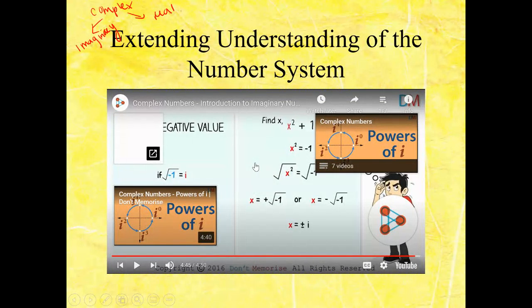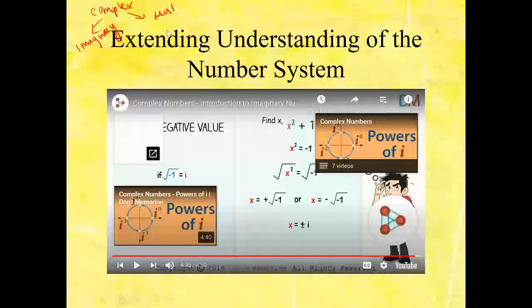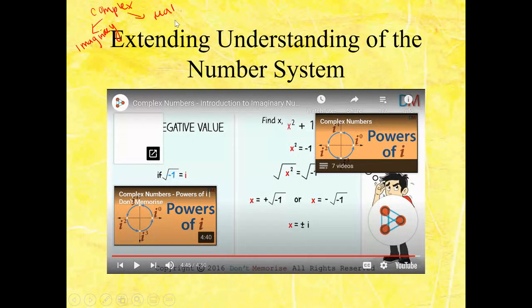Right, pretty great. So it gives you some background and a little bit of information about extending your understanding of the number system, of things that we concluded just had no real solution. It's not that they don't have a solution, period. It's they don't have a real solution, right? And what you know as real numbers are, think about a number line